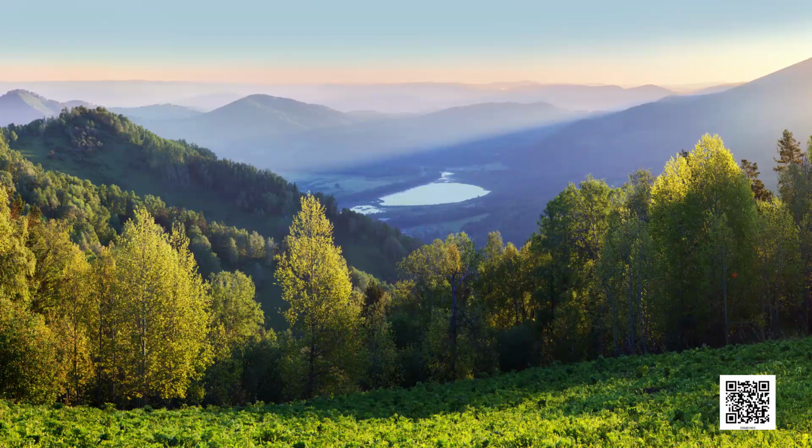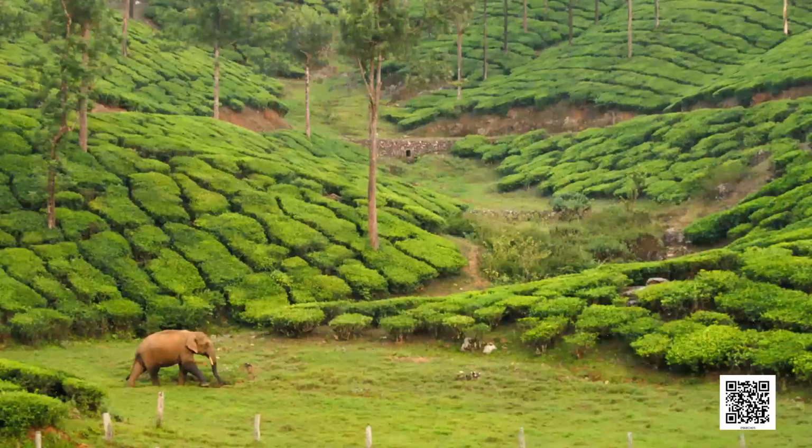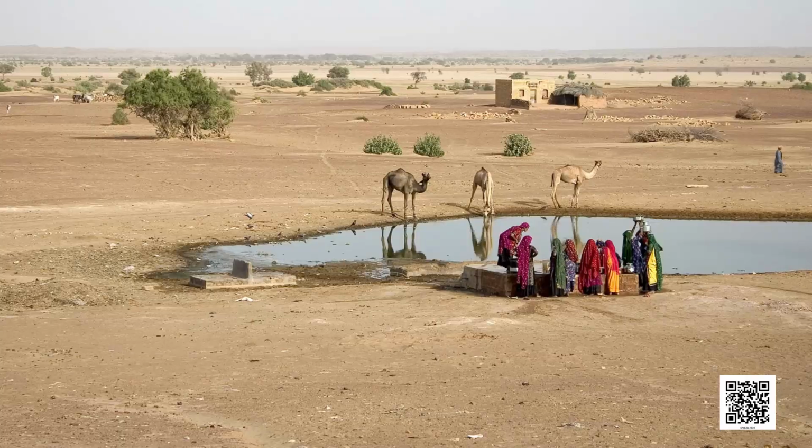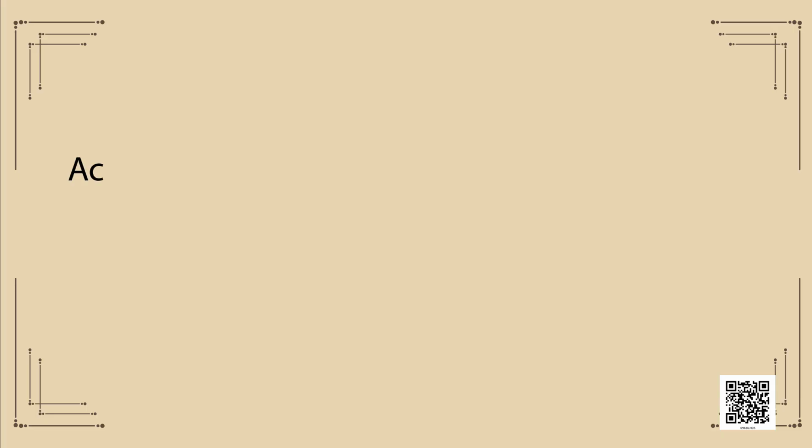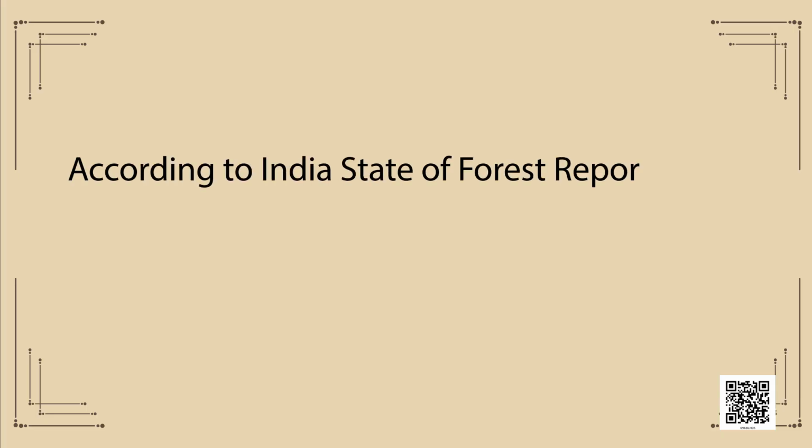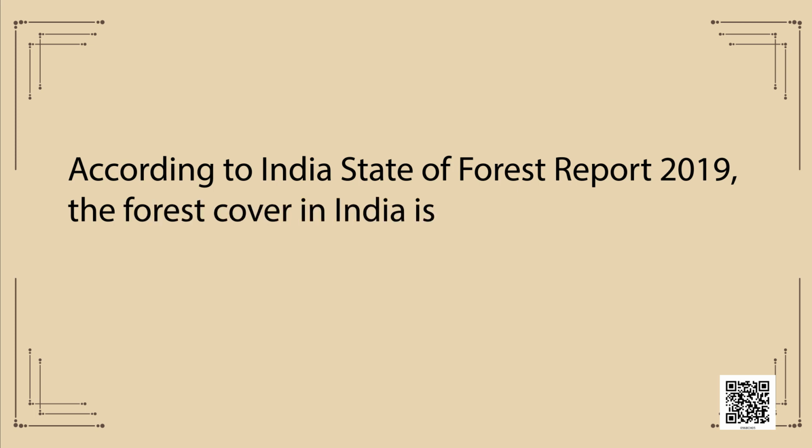The vegetation cover of India in large parts is no more natural in the real sense, except in some inaccessible regions like the Himalayas, the hilly region of central India, and the Marusthali. The vegetation of most of the areas has been modified at some places or replaced or degraded by human occupancy. Children, according to India's State of Forest Report 2019, the forest and tree cover in India is 24.56% of the geographical area of the country.